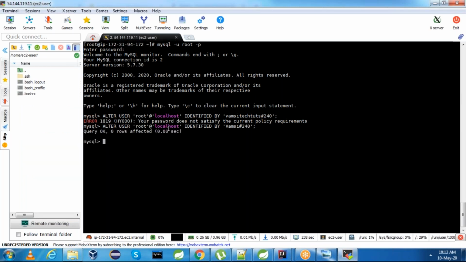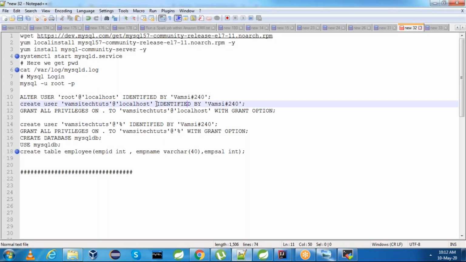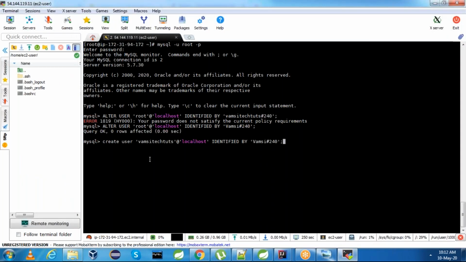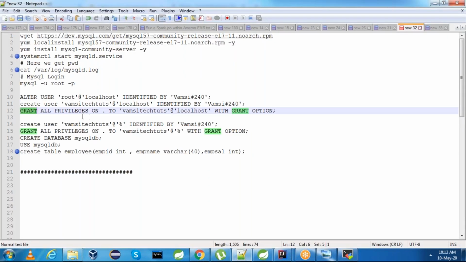ALTER USER root@localhost, I am setting the password as this one. You can set your own password. And then I am creating my own user, which is the Vamsi Tech Tutorials user. Instead of root, I am creating my own user. I created my own user. And next, I am granting all the privileges for this particular user using the GRANT ALL PRIVILEGES command.